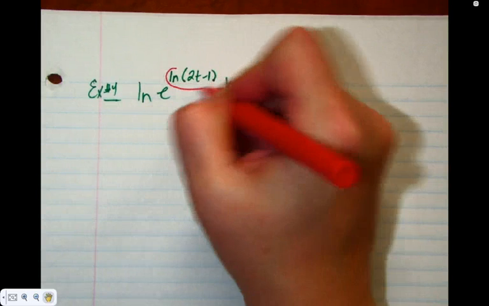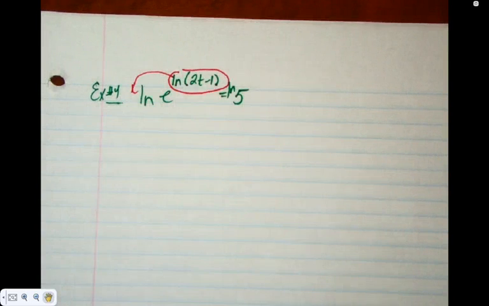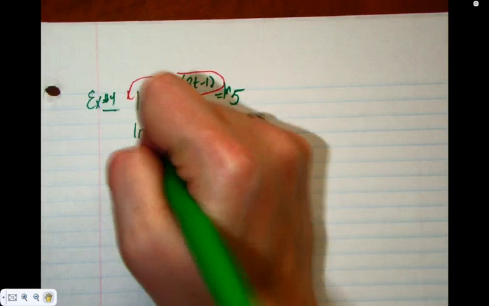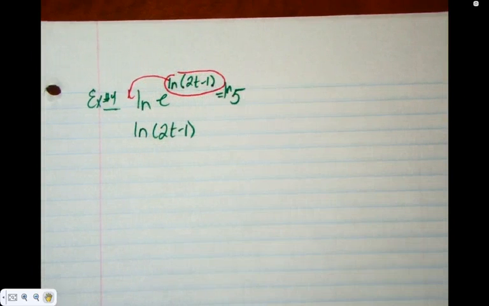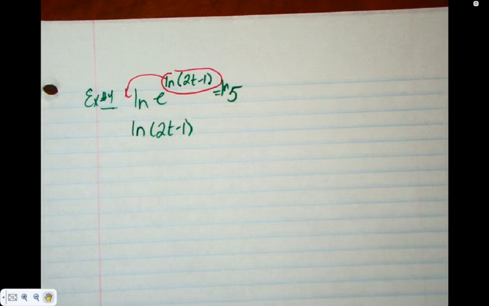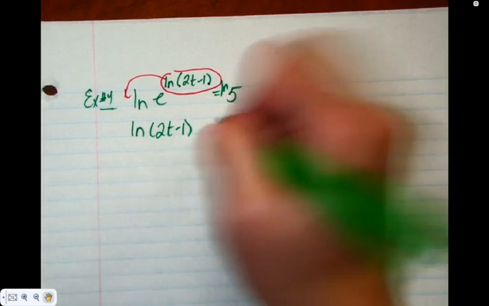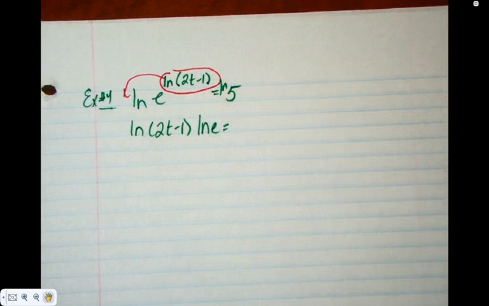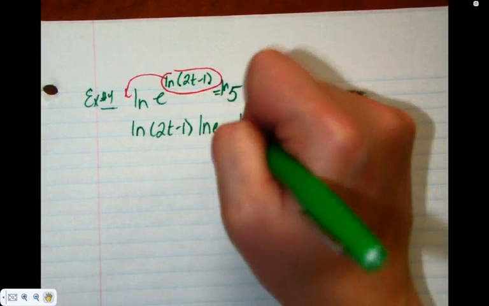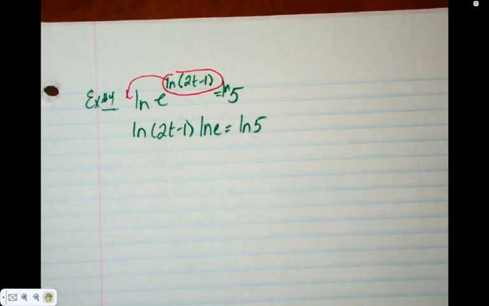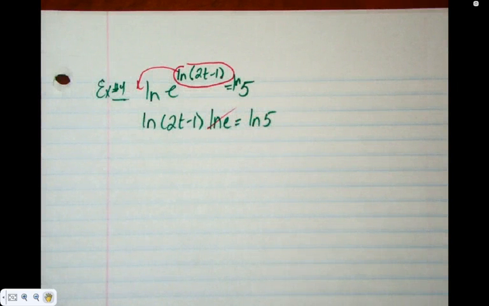So this whole exponent here is going to drop down in front. So I'm going to have ln of 2t minus 1. And sometimes the exam will change variables and they won't be x, and that's okay. We just go with t. And then I would have had an ln e still stuck in there because I dropped that exponent. And then I've got an ln 5 on the other side. You betcha. Bye-bye, ln e. Okay, now what? Simplify the ln.